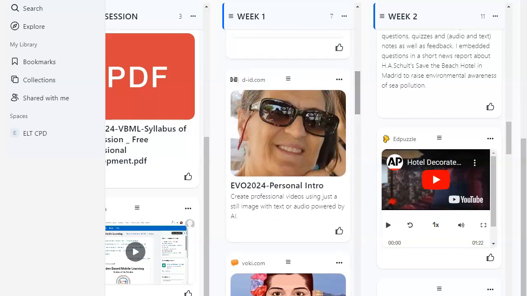But the discovery of the week was D-ID, with which I created a talking avatar from my own photo. And in the following weeks, talking AI-generated avatar images. But more about that later.